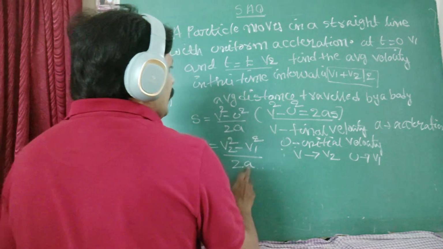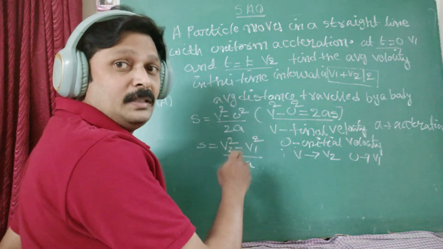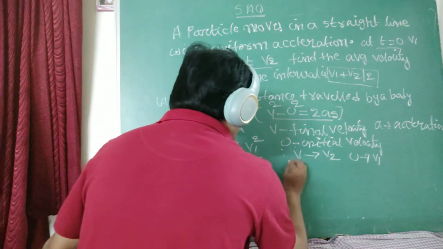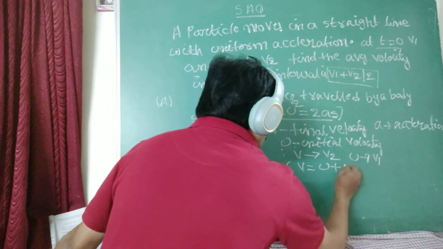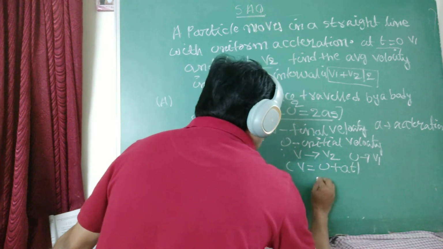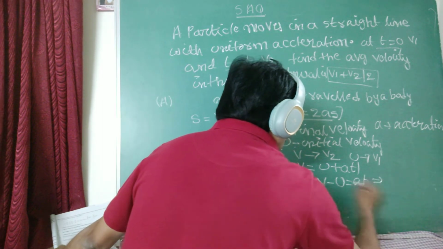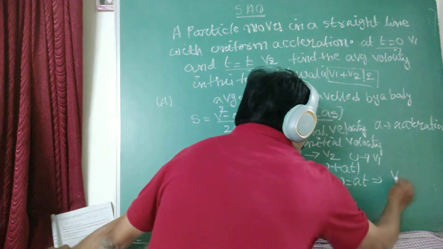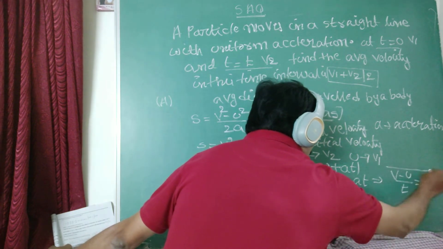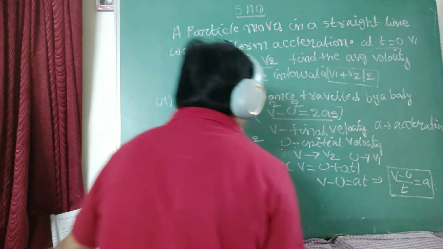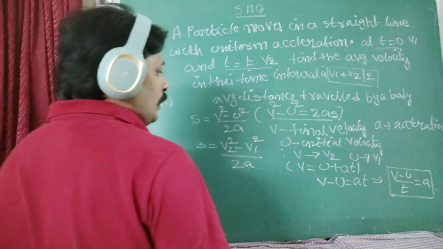You want to change this because the result is in terms of v1 and v2, not in terms of a. That reason you want to make the change, the value of acceleration also. It is also one of the uniform motion equations: v equals u plus at. From this result, v minus u equals at. Now further you have to write in the required form: v minus u by t should be equal to a. This value will come after representing the value of a in terms of final velocity and initial velocity.